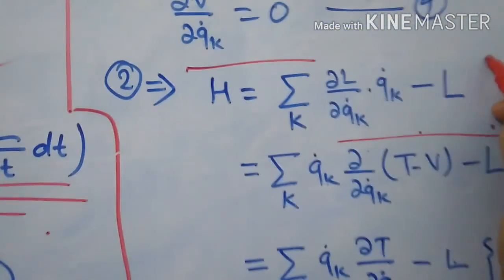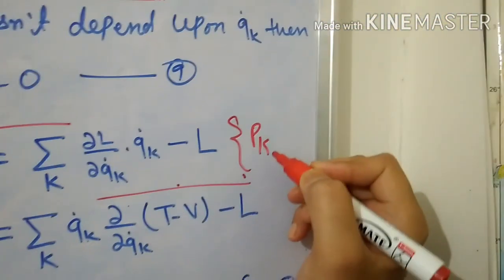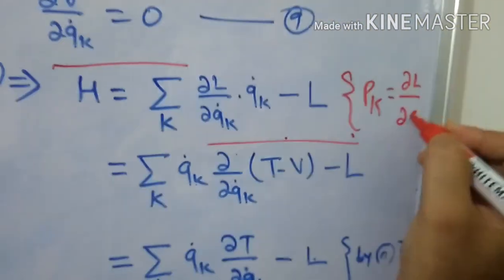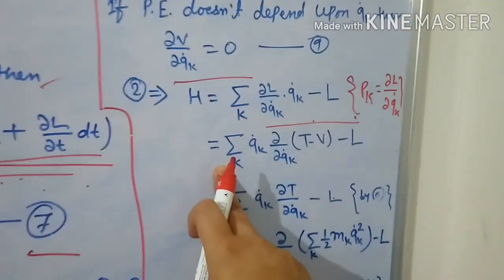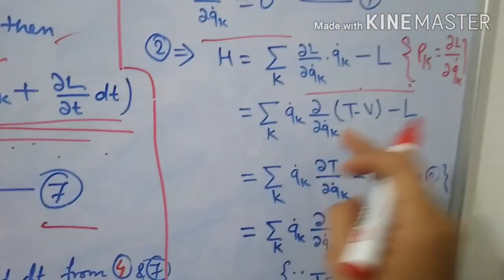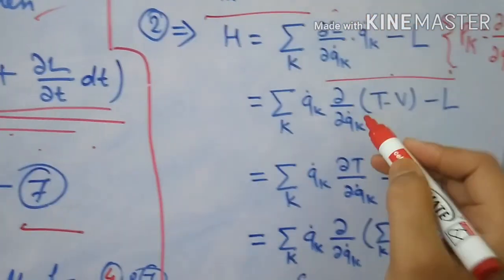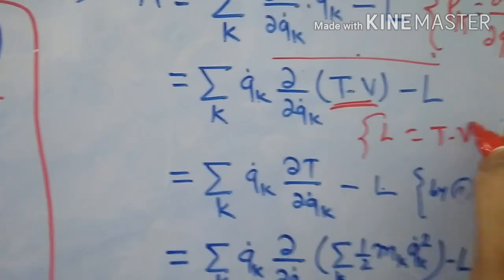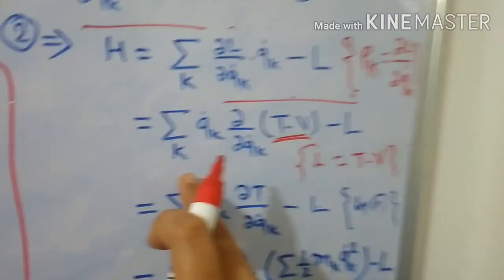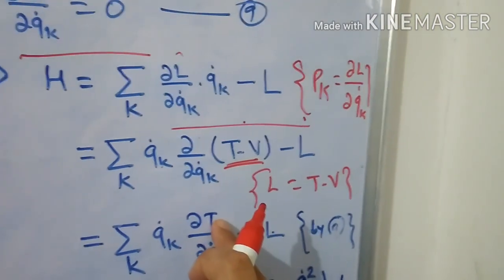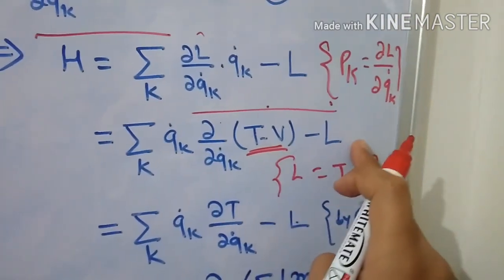Because we have pk is equal to ∂L/∂qk dot, which is equal to summation k qk dot ∂/∂qk dot, and since we know that L is equal to T minus V, so we write here L equal to T minus V, then these terms change into summation k qk dot ∂/∂qk dot of T minus V, minus L